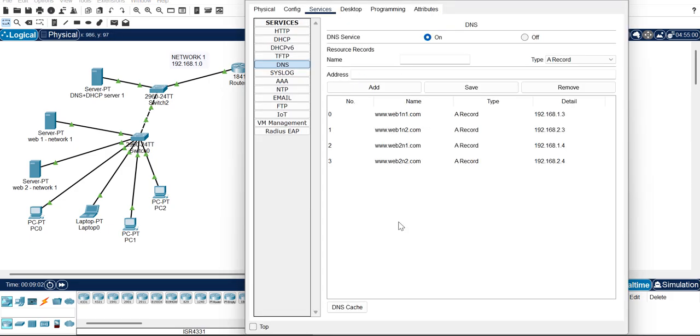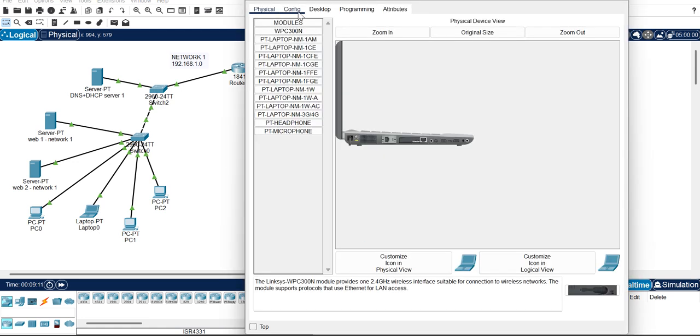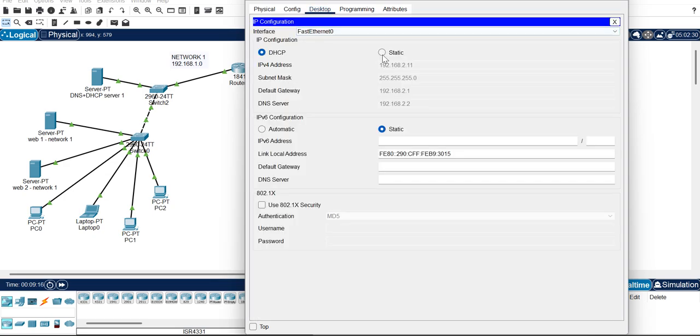let me show you guys this, and now I'll be showing you how the PCs and the end devices would get their configuration through the DHCP server. Here we'll be going to Desktop, IP Configuration, and just like this it assigns the IP configuration through the DHCP server, as we have also provided it with a pathway.